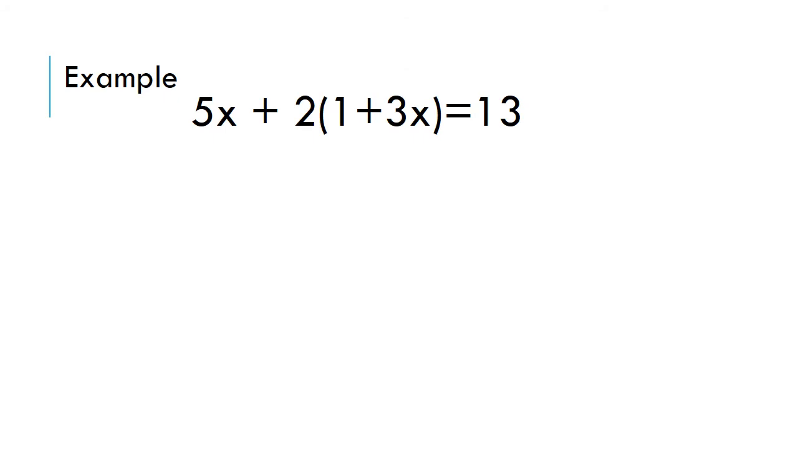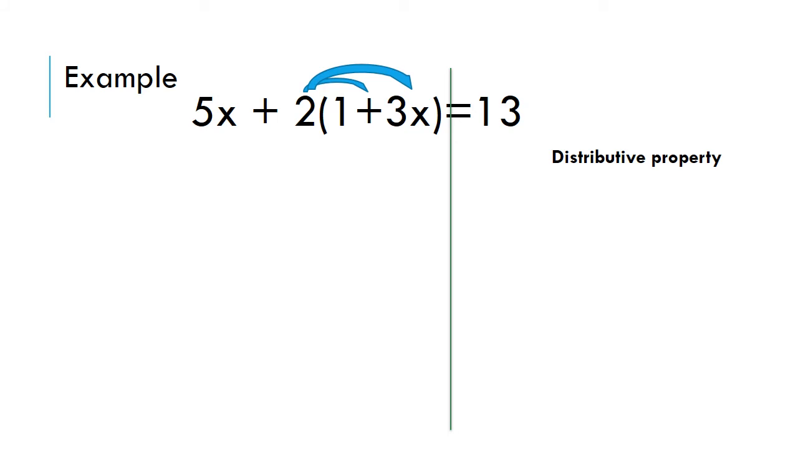Let's take a look at the example that we have here. We have 5x plus 2 times (1 plus 3x) equals 13. We're going to use the distributive property as the first step to get rid of the parentheses. So I'm going to end up with 5x plus 2 times 1, which is 2, plus 2 times 3x, which is